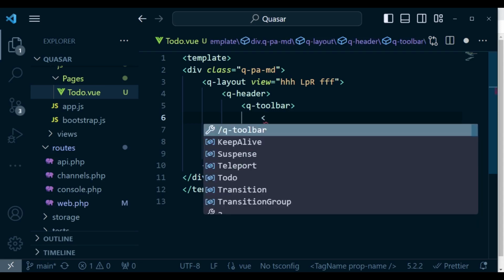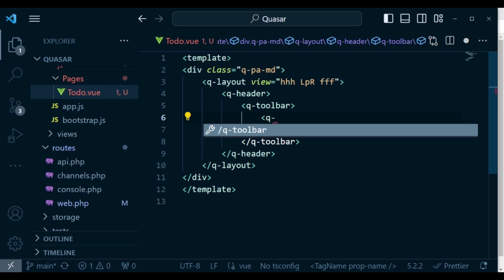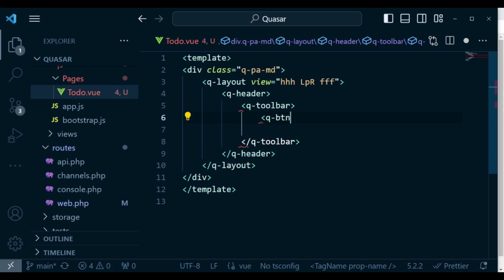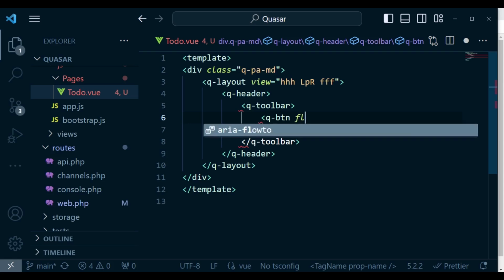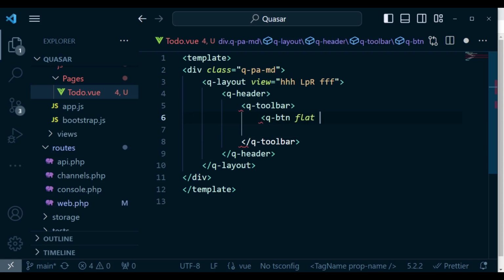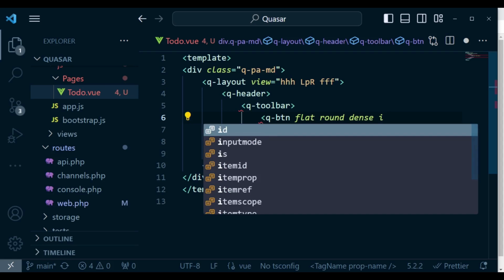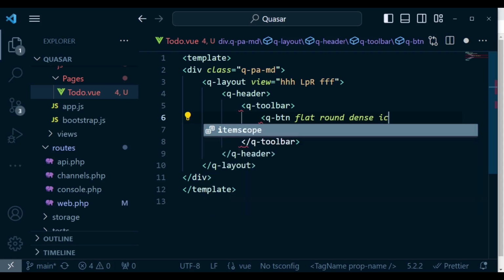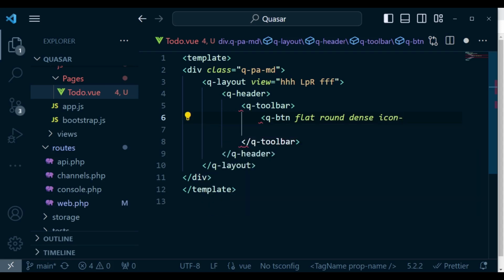So I'm going to open that and say Q BTN, and this is what you use to show a button. And what I want to do is to give the conditions for our button. So I want the button to be flat, and I want it to be round and dense, and I want it to have an icon of a menu,